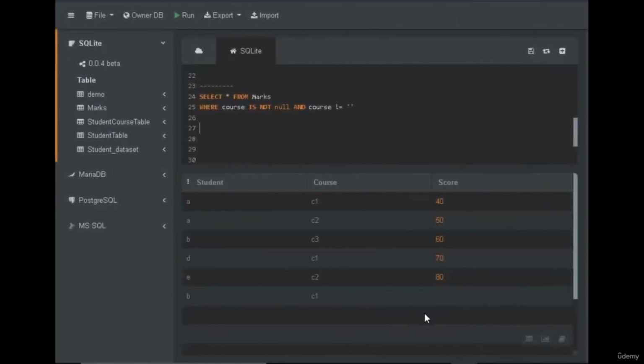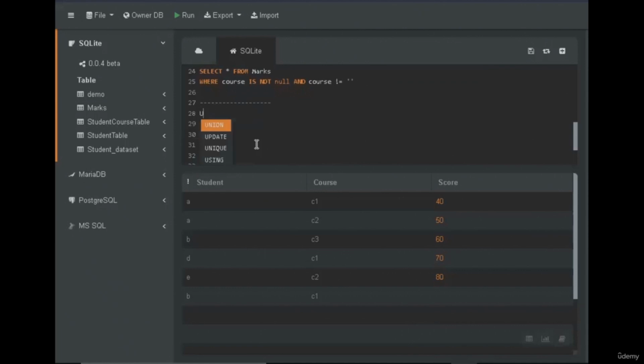Okay. Now moving forward, the blank value that we have in the last row doesn't look good because the scores cannot be blank. If a person has not given an exam, it can be zero. Why should it be blank? So let us try replacing it. We will replace blank with zero. Okay. So what we will do is update